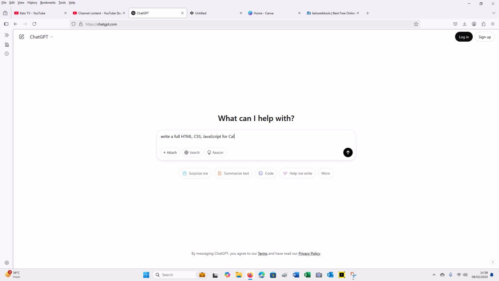calculator. Sorry, it's supposed to be with a C. Calculator app with all its features. So you write like that, and all its features, and